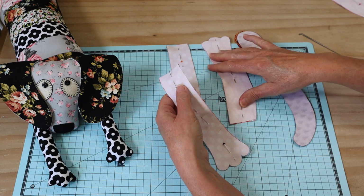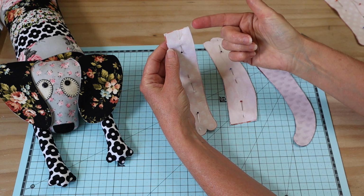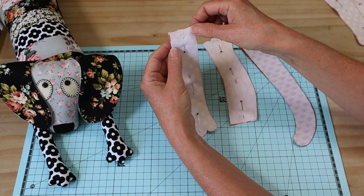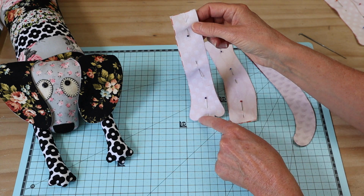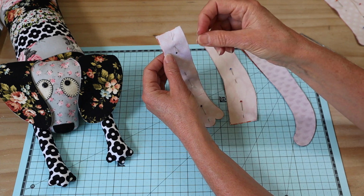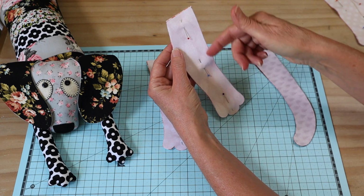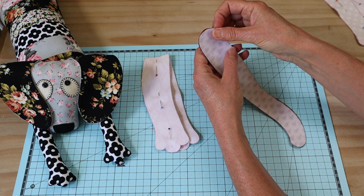with all of those pieces is we're just going to stitch our 4mm seam allowance, and that is we're leaving these tops open because that's where we fill the legs, and we're going to stitch right around that little leg section. And I still like to sew those seams 2 times because when we're adding stuffing it just makes it a more secure seam. So I will do that with both of those front and rear legs right the way around, and also with my little tail piece